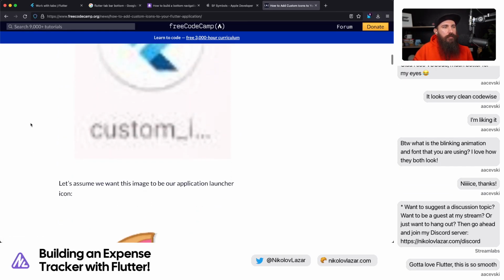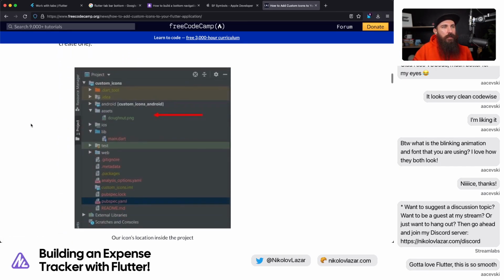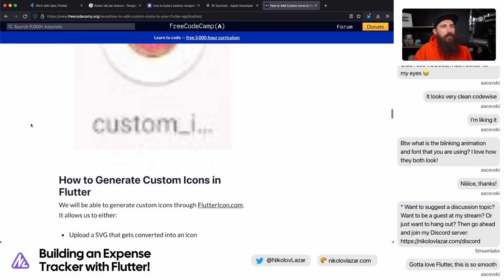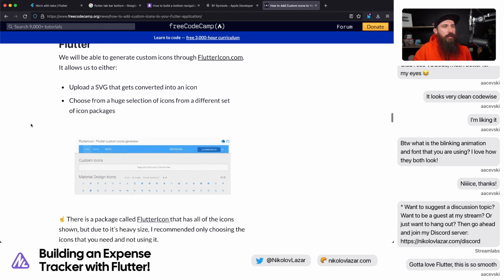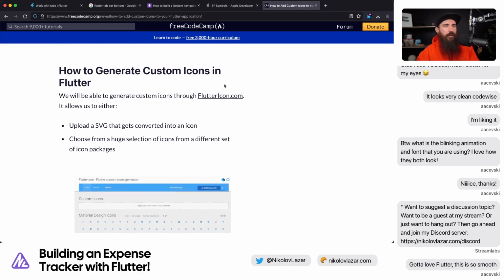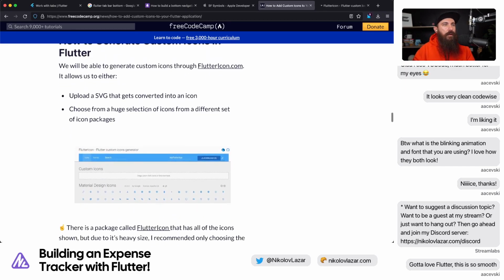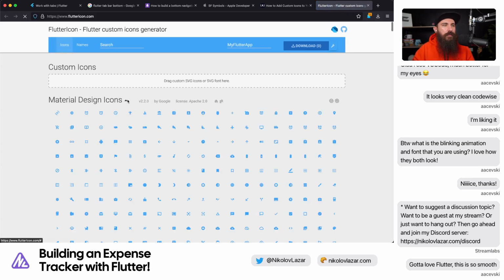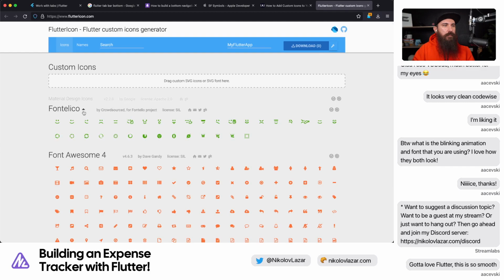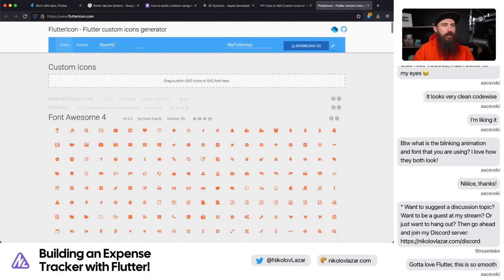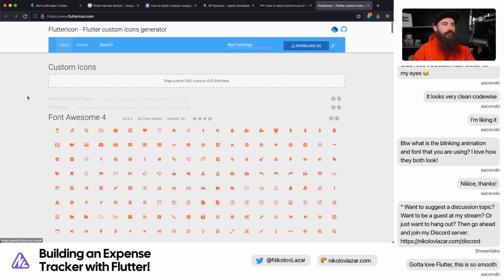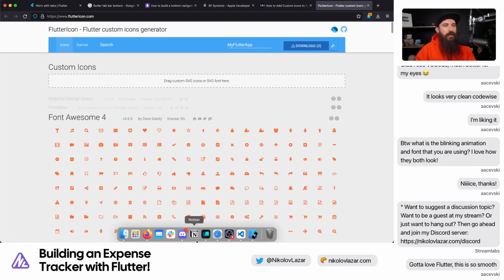Flutter launcher icons. No, it's not that thing. How to generate custom icons in Flutter. Fluttericon.com. Okay, upload an SVG. Yeah, these are the material ones. Fontello. Okay. Let's search for tray. Nothing found. Okay, yeah. We are going to